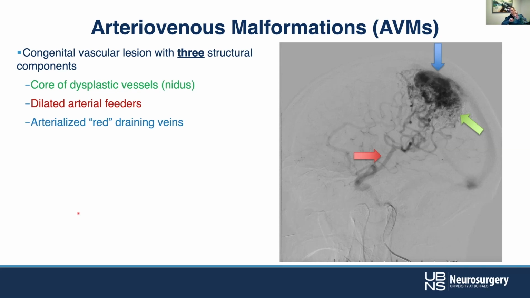So obviously, we've got the three components that most are familiar with: the nidus, which is sort of this core of dysplastic vessels. This is what we've got in green, the very loopy, irregular kind of vessels that we see here. You've got the arterial feeders, and these can come in different sizes, different shapes, different configurations, but you're always going to have some feeders coming in and then some veins coming out, which are often also quite